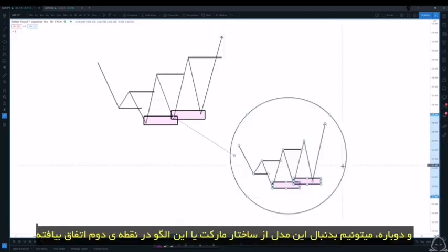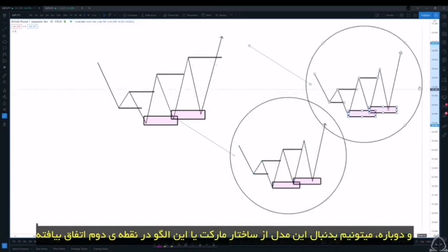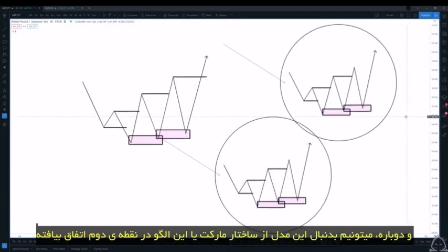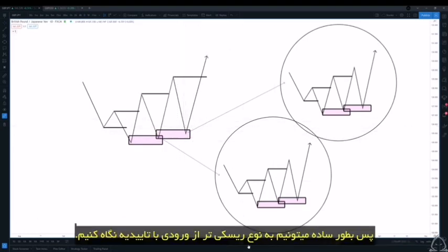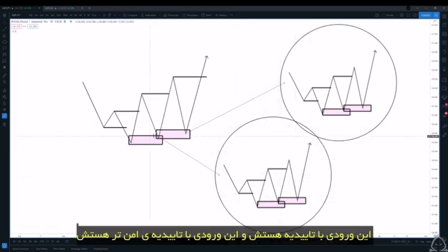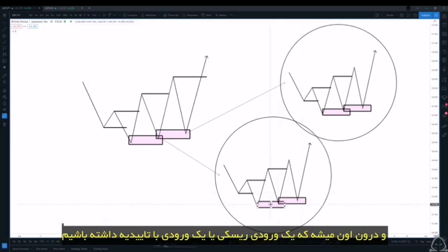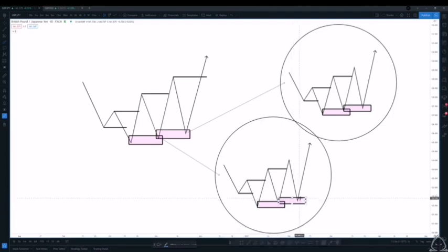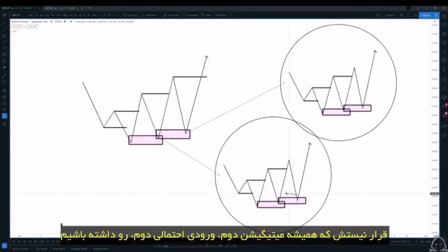And again, we can also look for this type of market structure or this pattern to occur on the second point. So basically what we'd be looking at is the more risky confirmation entry. This would be the confirmation entry, and this would be the more safe confirmation entry. And of course, within that, we have the opportunity to potentially get a risky confirmation entry and a confirmation of the confirmation entry. Now, of course, something to keep in mind, we're not always going to get this second mitigation,